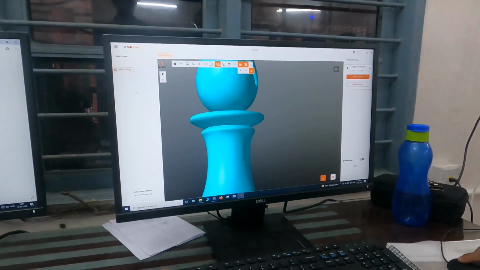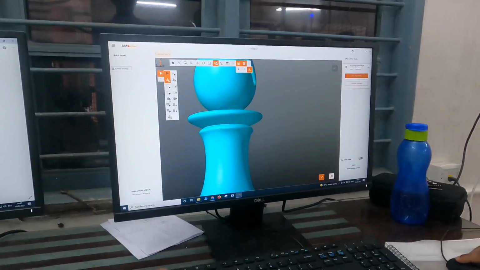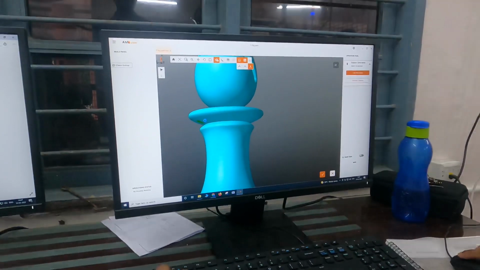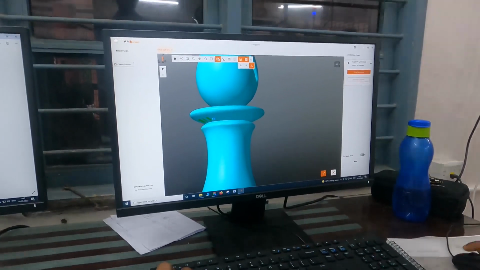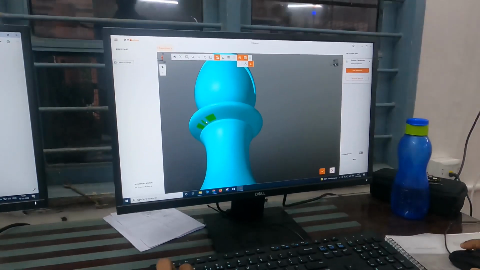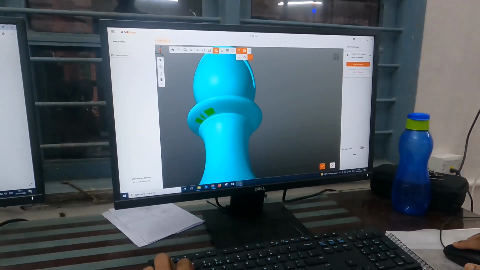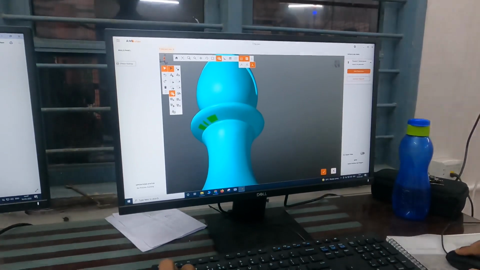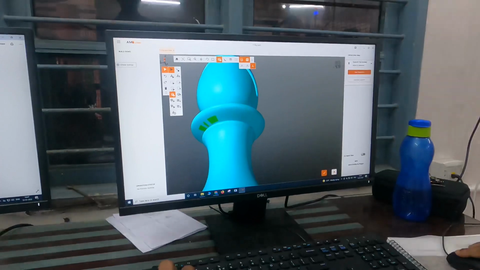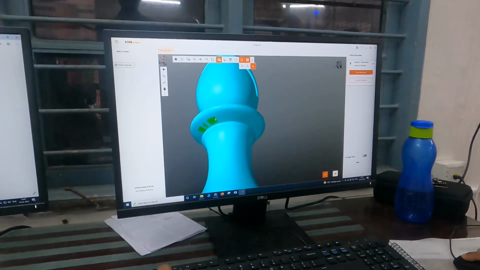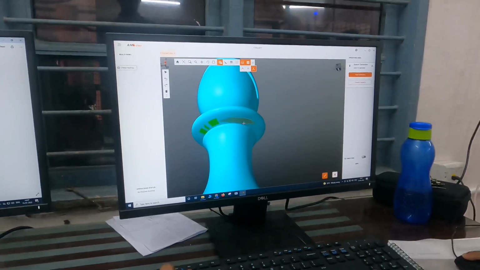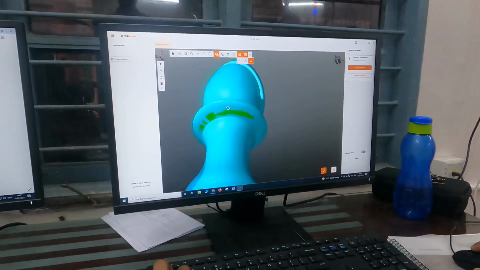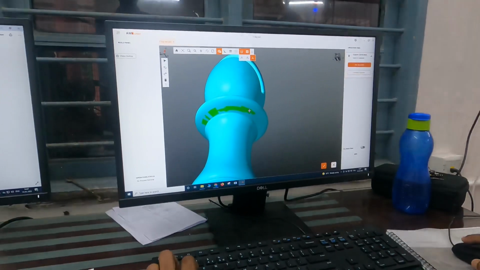You go here and select only that geometry. Okay. So you click here, probably only some of those geometries. Okay, something like that. So like that you can select some of those geometries.